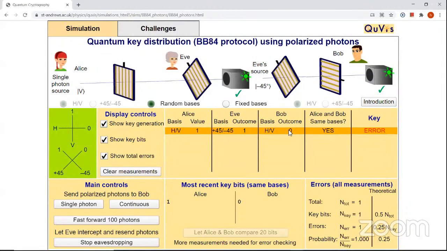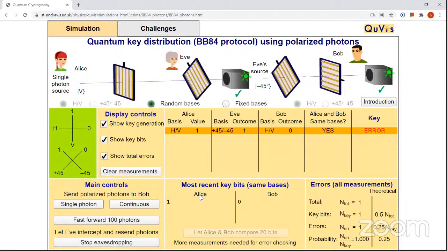Now, when Alice and Bob discuss their bases, they will say, okay, I used horizontal, vertical, I used horizontal, vertical. So they will say, okay, keep this bit, because their bases are matching. So forget about this Eve. Now Alice and Bob are sharing their bases and they say, okay, we have the same basis. So they will say, okay, keep this bit. But when they